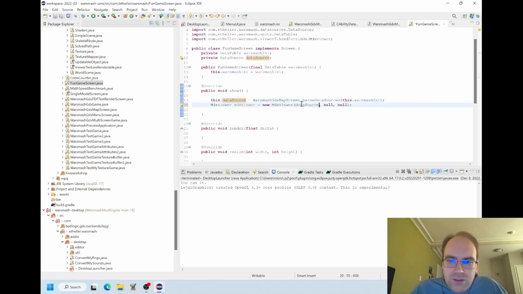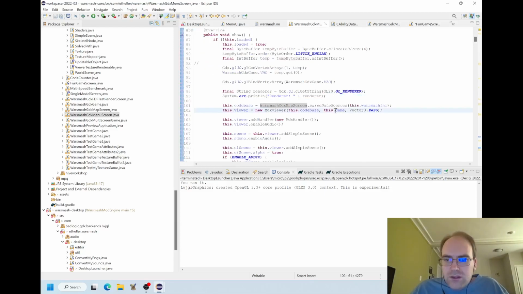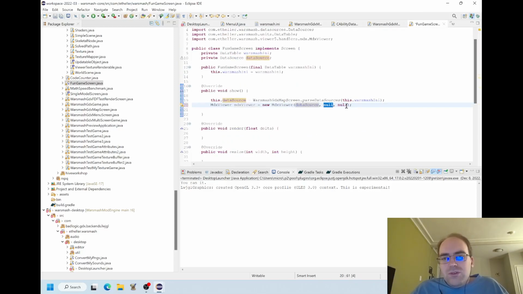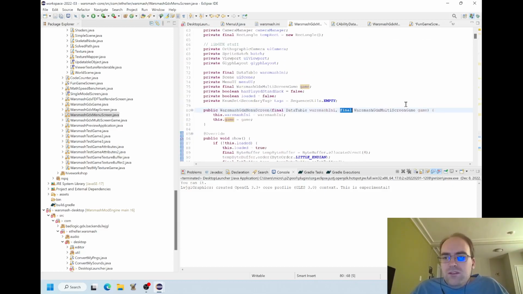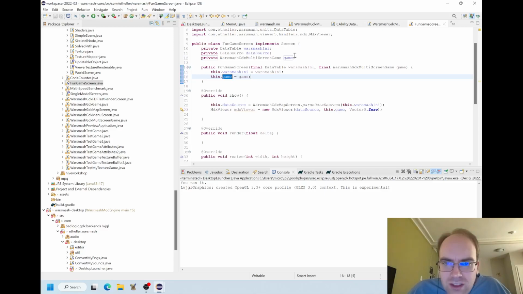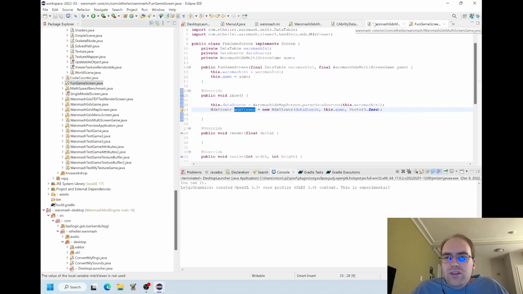We're going to put the data source into an MDX viewer. Okay, so that's great. But what else do we need to give this thing? You'll notice it has a canvas. And actually, it looks like I'm copying from another MDX viewer, and I'm kind of liking what I'm seeing. So you'll notice that apparently the multi-screen game itself was a canvas provider. You might have seen that go by earlier in the video. So if I just pass that one in just the same, we're going to have the game in here. We're going to have the MDX viewer.